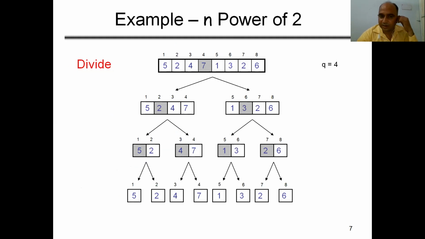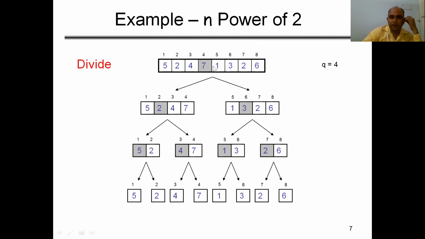Here on the screen, you can see the example. When n is a power of 2, it means the size of the array is even. For applying the first divide step, we have to divide this array into two equal sizes. How can we calculate two equal sizes? Suppose the array elements are accessed on the basis of indices. The first index is 1 and the last index is 8.